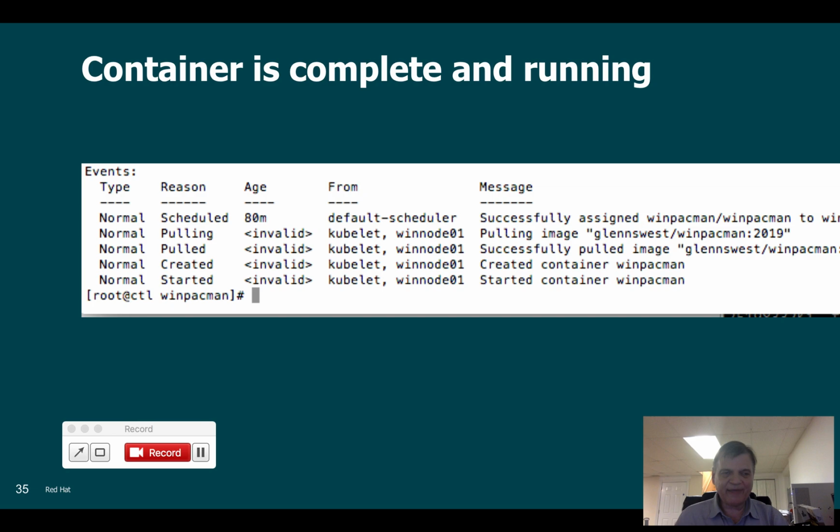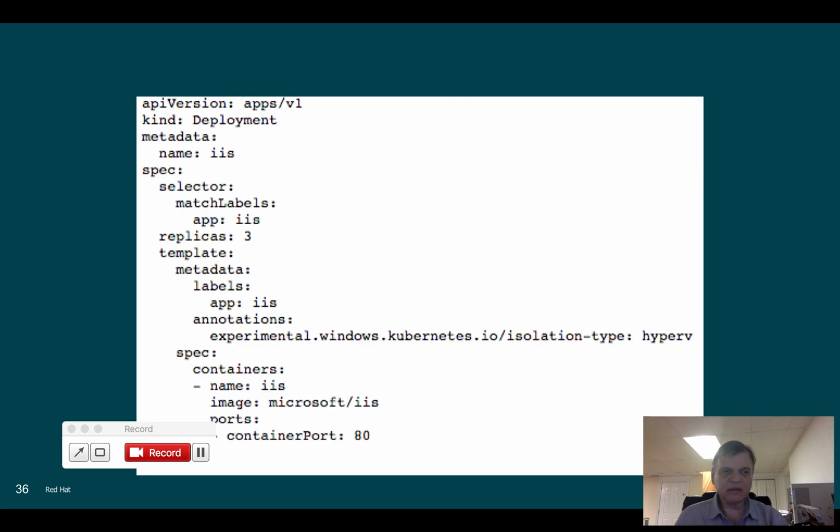And then finally, after all of that is done, we succeeded in pulling the image. Roughly an hour later, you see the container is successfully created and started. So the intervening time was roughly an hour. At this point, when you start looking at it,